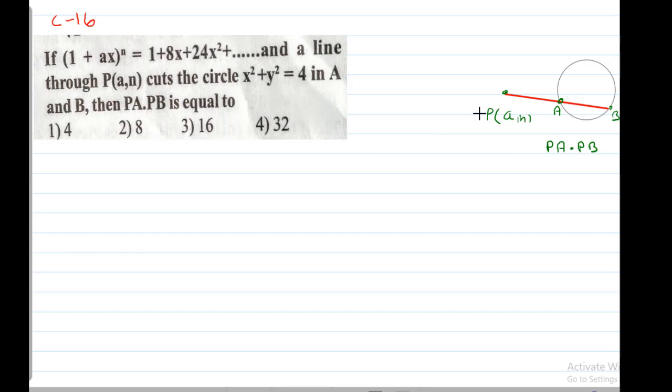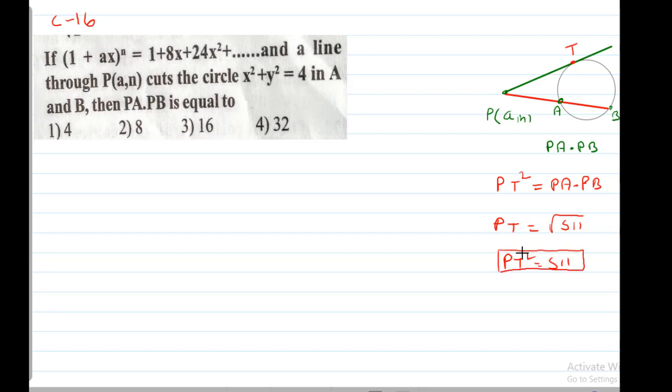Okay, important thing, from P draw a tangent to the circle. Let the point of tangency be taken as T. From the basic theorem, PT² = PA × PB. We want the value of PA × PB, so it is better to find PT². Already you know that PT is nothing but root over S11. So I want PT². PT² means S11. So indirectly you want to find S11. S11 is the power of the point P. If you know the coordinates of P, then only you can find S11. So first of all you want to find the coordinates of P.